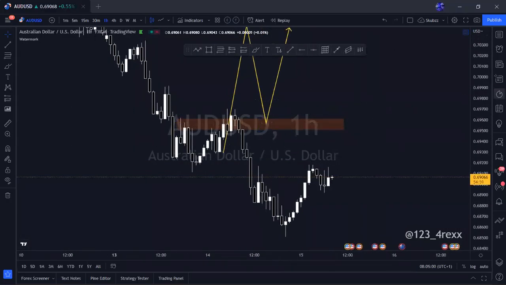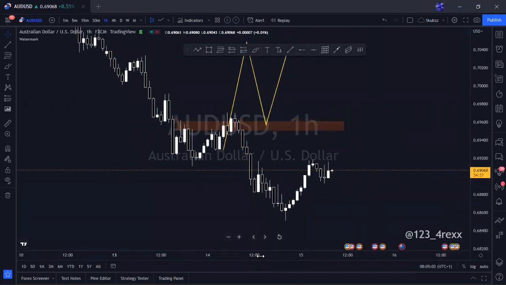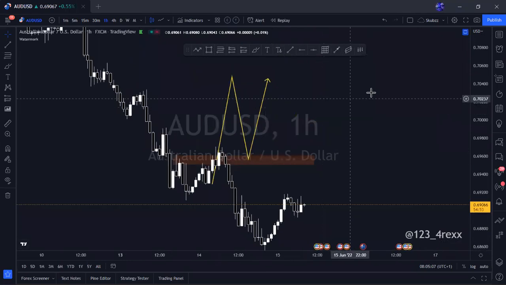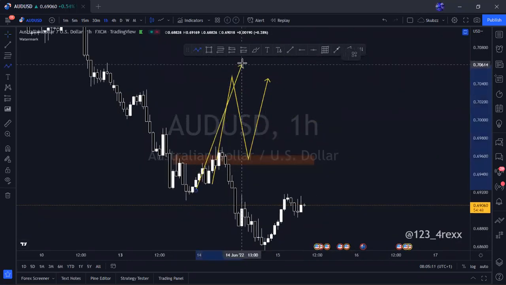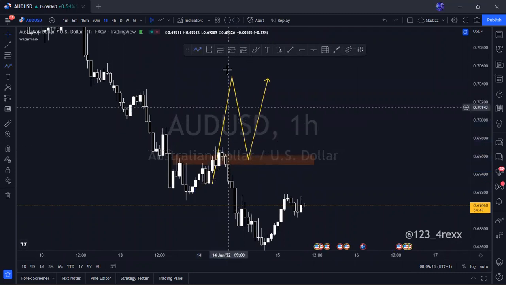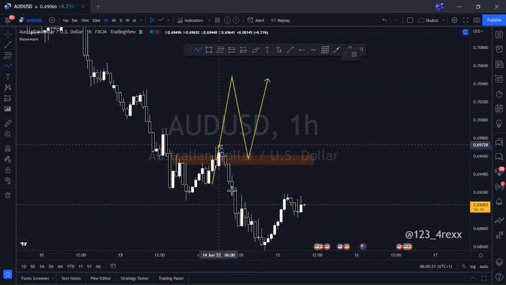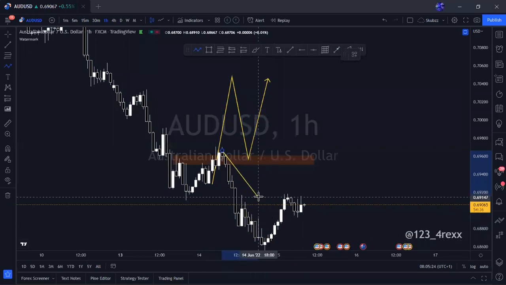So this was basically the outlook I was telling you guys on AUD. We're starting with AUD. This was the outlook we had yesterday. I was telling you guys that we would watch out for this area here. If we have a break, then we'll take downwards, retest. But we did not have a break. Price reacted from there exactly. And I was telling you guys that I was having a bad feeling about this movement here.